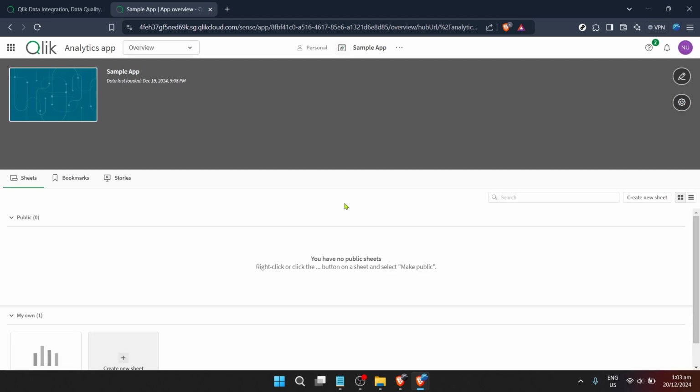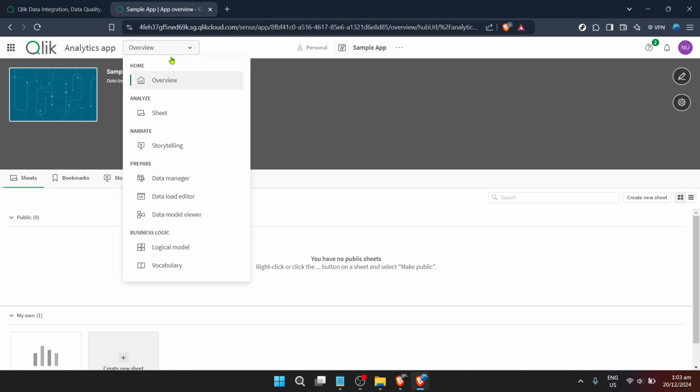From here, you'll want to navigate to the ClickSense app. This might take a bit of scrolling or navigating through the interface, but once you find it, go ahead and click on your ClickSense app. Within your ClickSense app, you'll find an accumulation of your analytics projects. Your goal here is to locate the specific analytics app that contains the script you wish to export. Once you identify the right analytics app, click on it to delve deeper into its contents.